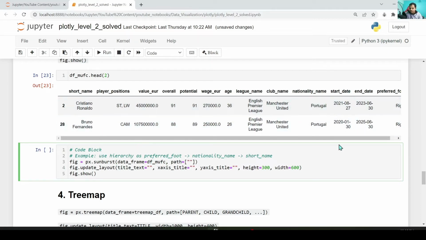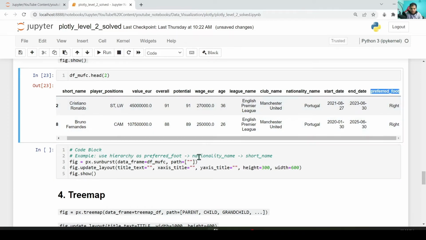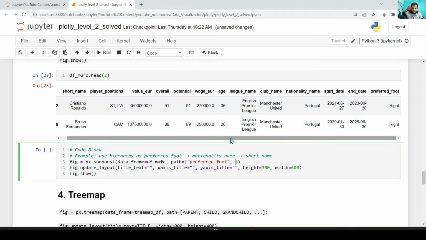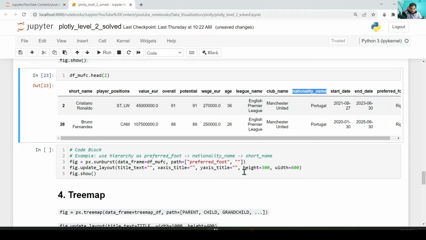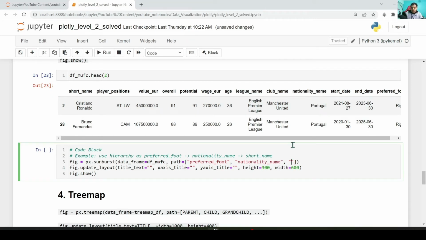So the first one will be preferred foot, left footed or right footed, and then we will plot as per nationality, and then we will plot the name. Height, width, let us keep it as 500 since it is going to be a circle, and title, let's say Choropleth of players. X-axis, y-axis won't make any sense here since it is a